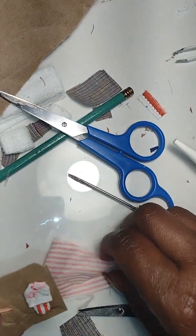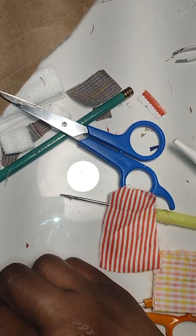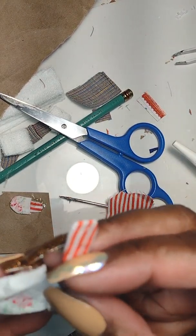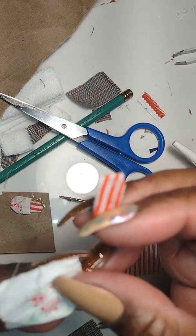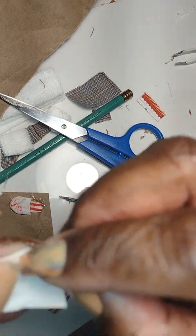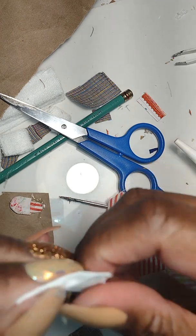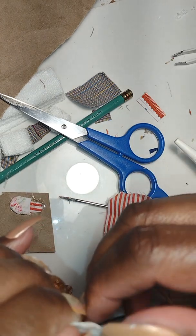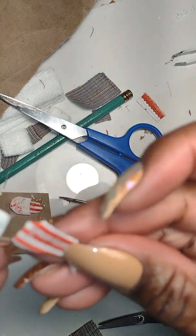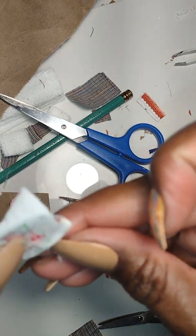So here we are, dolls. I decided to try a different color. So I used the stripe for the footbed of the slipper, and then I tried a piece of fabric that had sort of a floral motif. Used the same technique. I've actually folded over the edge of this because this fabric was fraying. So I glued down the edge, laid it on top,